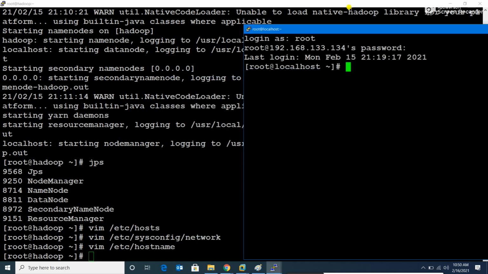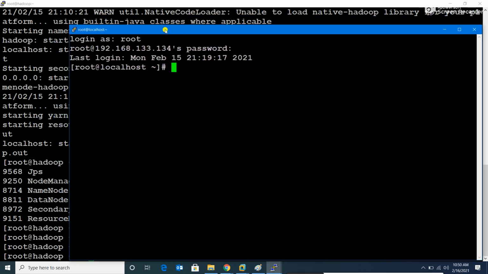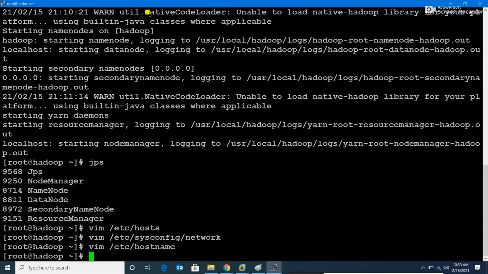So I hope you are not confused between the shells. Everybody, I hope you are not confused between the shells. This terminal is my master's terminal, or Hadoop's terminal. Once again I am saying you need to pay attention to this in order to understand. Otherwise you will ask me the same questions maybe 100 times. This is my machine, which is Hadoop's machine.